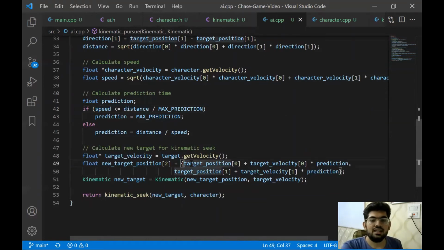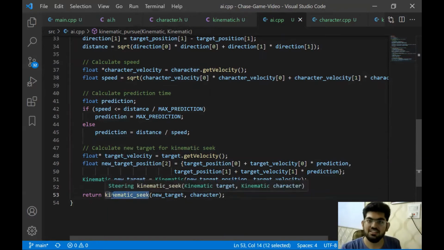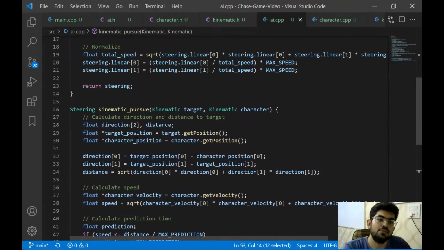Then we calculate the future target position by taking into account the prediction using the velocity. And then we return the kinematic seek function with this new target and the character. Now, since it is making use of kinematic seek again, that is why it's called a delegated steering behavior.